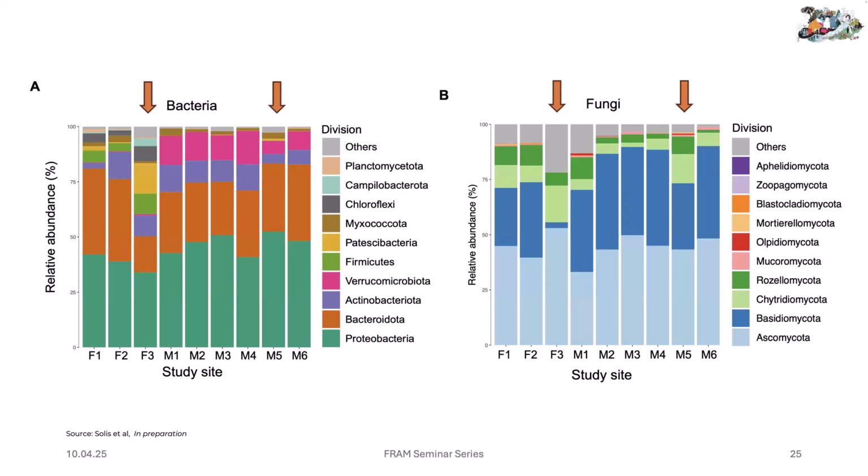We were also able to characterize these two communities, the bacteria and the fungi, from a compositional perspective. Just to make the explanation simple, I have placed this orange arrow here so you can clearly see how the sampling site F3, which is the wastewater treatment plant effluent, shows a composition quite different to the other sampling sites, the other freshwater sampling sites F1 and F2, and the sampling site FM5, which is again the closest one to the wastewater treatment plant effluent, overall has a very similar composition to the other marine site, although we can observe